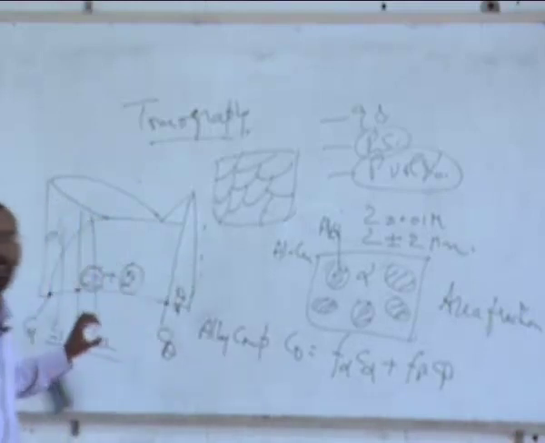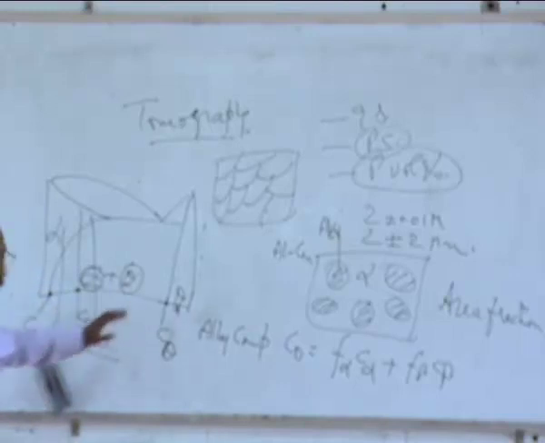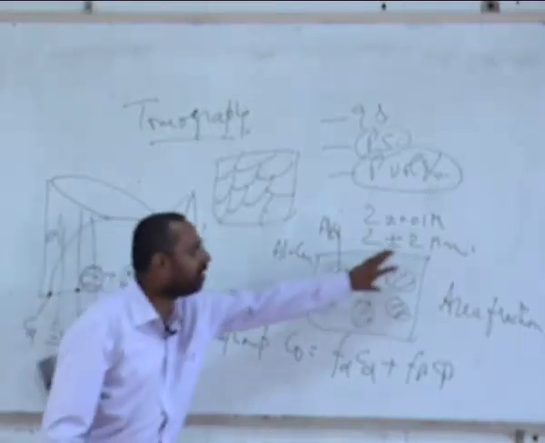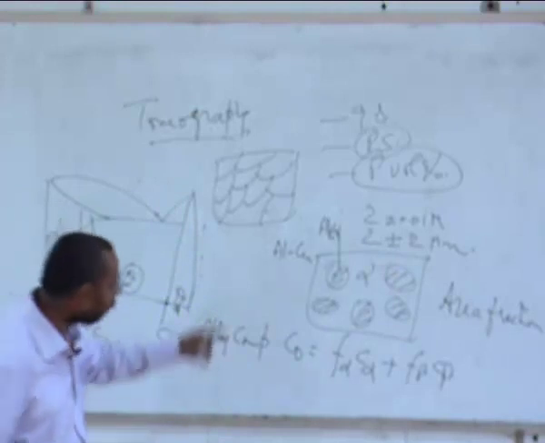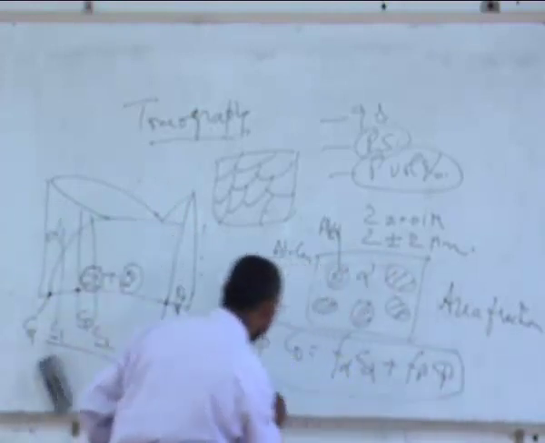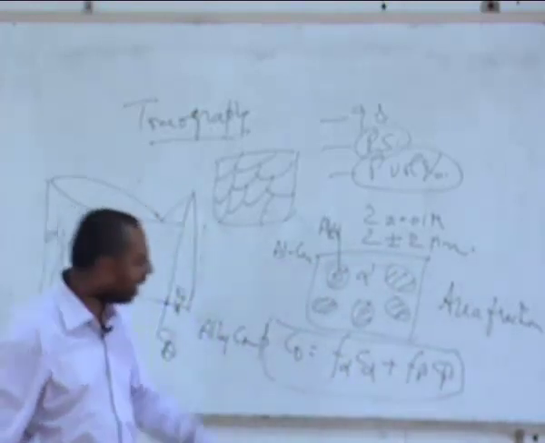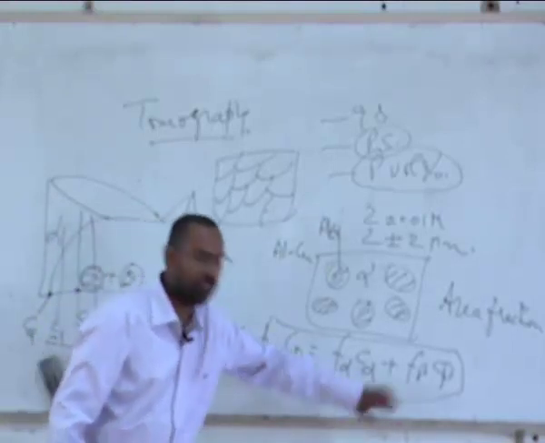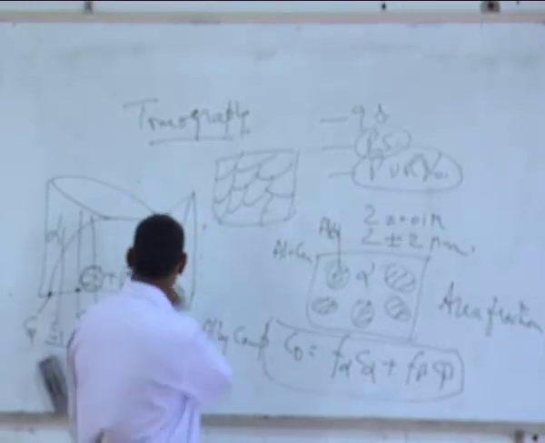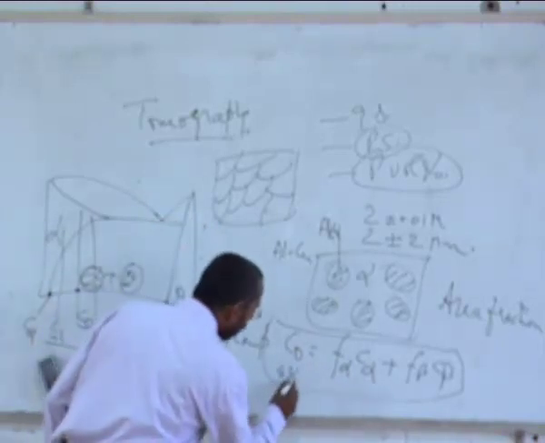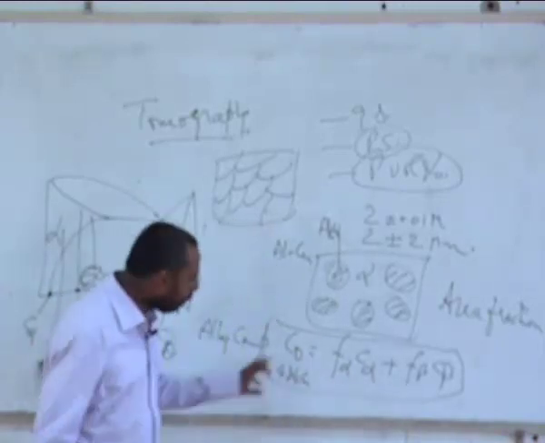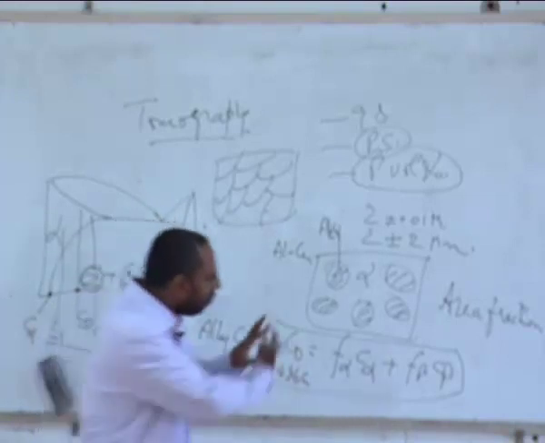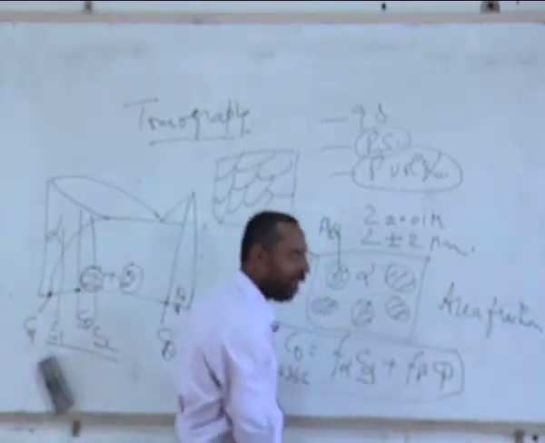Now the question is, all these alloys have different compositions, and because they have different compositions, the fractions of these alpha and theta are different. And that's why all this is connected by one single equation, which says the alloy composition is connected to this. That means what? If I take an alloy with 4% copper in it, the 4% copper inside the alloy is distributed between both alpha and theta.